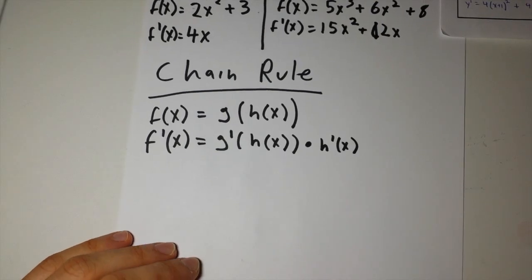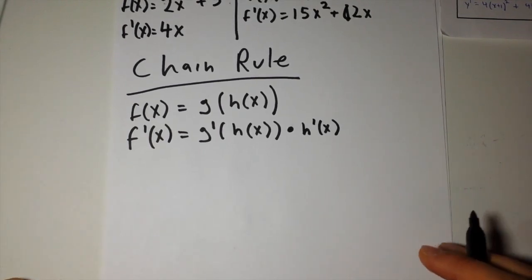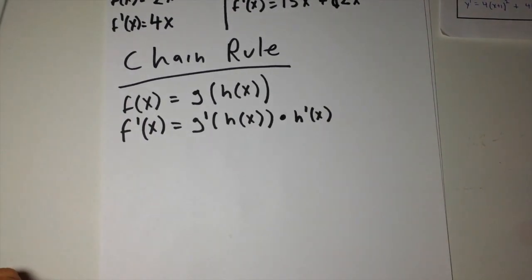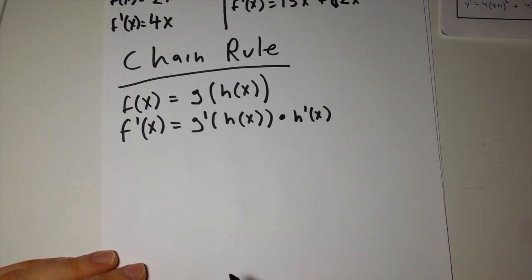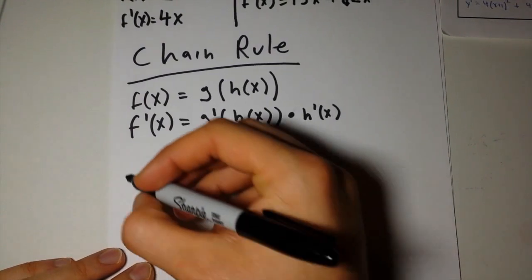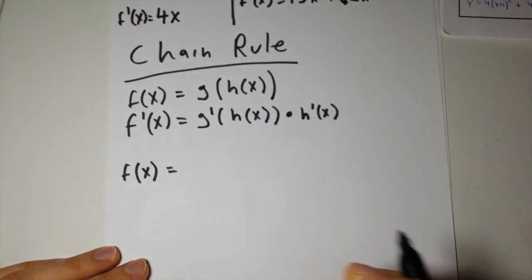And through all the questions we'll be doing today, as I explain, I'll make sure to clearly identify the g and the h of x, just so you can refer back to this and easily understand what we're working through. So our first thing we're going to do is one of the very easy questions, a linear function inside of a power function. So for this example, our f of x is going to equal